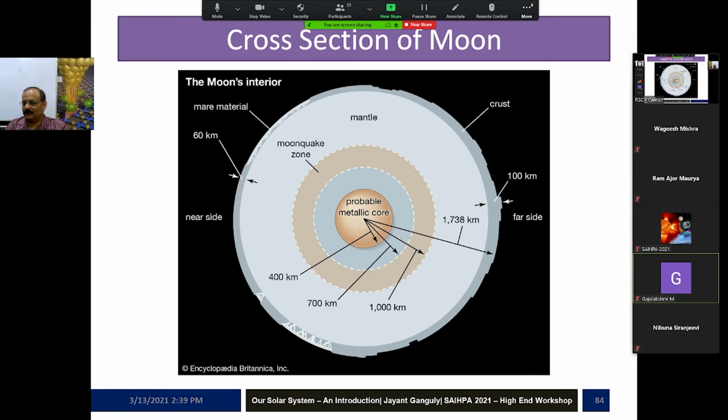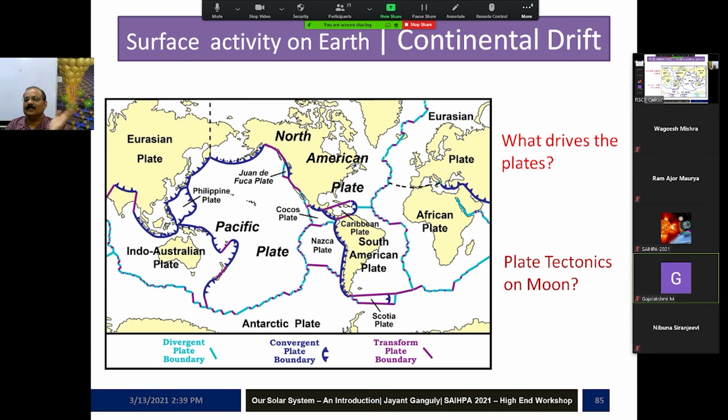You can see the structure of the Moon, and we can contrast it with the structure of the Earth. So based on all these things, as we were moving, we have a mosaic of all these. This is a plate tectonic jigsaw. All these continents, or the surface features you are seeing, are a part of certain